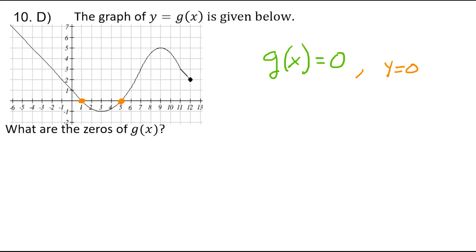So in this case, you can see here clearly the y value is equal to 0 here. Okay, anything along the x-axis, the y value will be equal to 0. Here's y, here's x. So what value of x gives me a y value equal to 0? The first one is 1. And then the second point is going to be